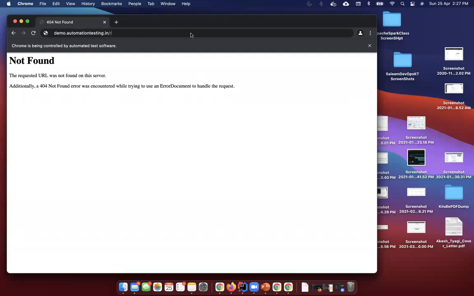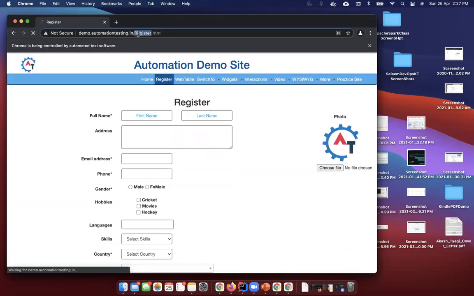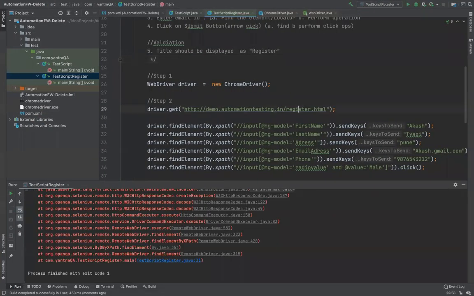What happened? Oh, capital R. You see, always try to copy paste.